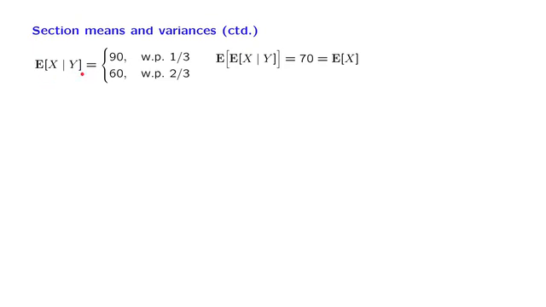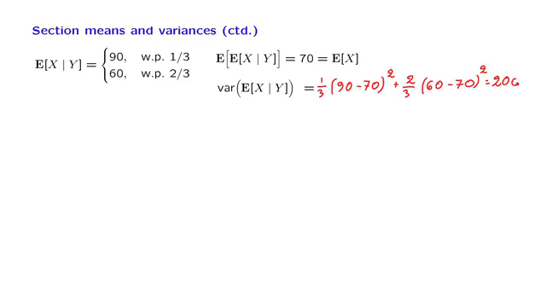The conditional expectation is a random variable that takes these two values with certain probabilities, and the mean of this random variable is equal to 70. Let us now calculate the variance of this random variable. This random variable with probability 1/3 takes a value of 90, which is this much away from the mean of this random variable, which we square, and with probability 2/3 it takes a value of 60, which is this much away from the mean of the random variable. We square this as well, and when we carry out the calculation, we find that this number is equal to